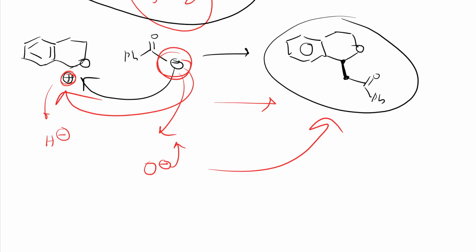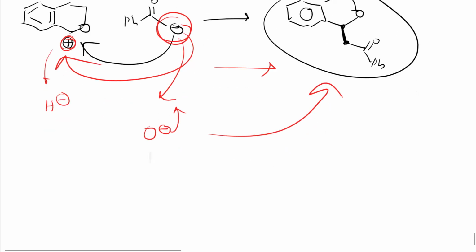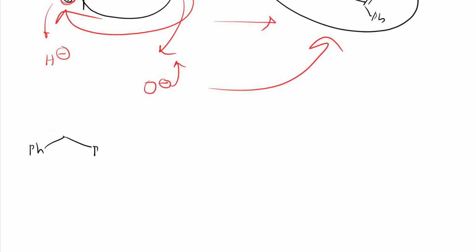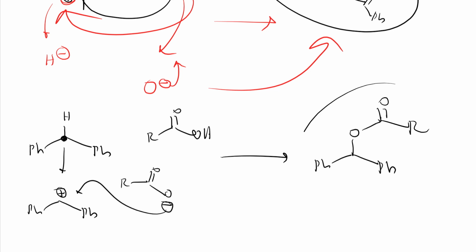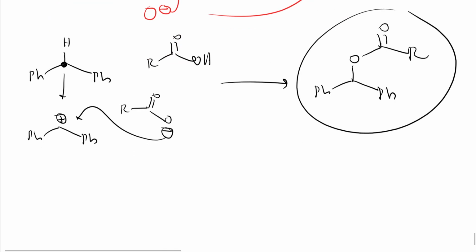So these are a few reactions. Similarly, if I give one more example, can you write it? Ph, Ph, here two hydrogens will be there, right? So a benzylic hydrogen is there, and RCOOH, an acid. I'll get this product directly. If I write it, you should be able to tell. Initially, from this I'll get this product because it takes the hydride, so a carbocation is formed. And from here it will take the proton, and oxygen gets a negative charge. Further these will combine and I'll get this product here, OCOR. This product I'll get, right? So it is also very easy, right?